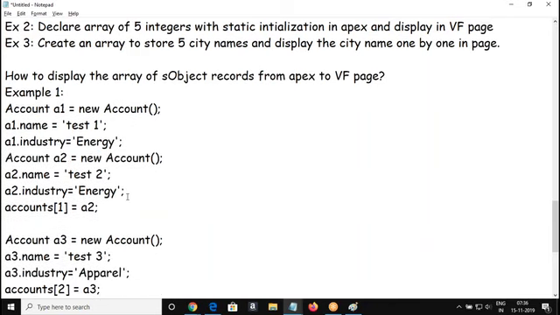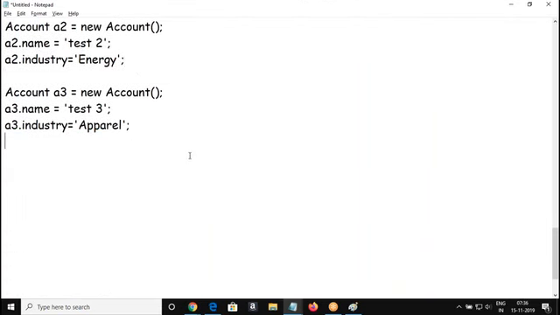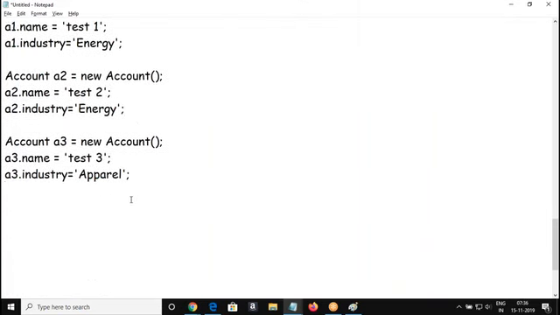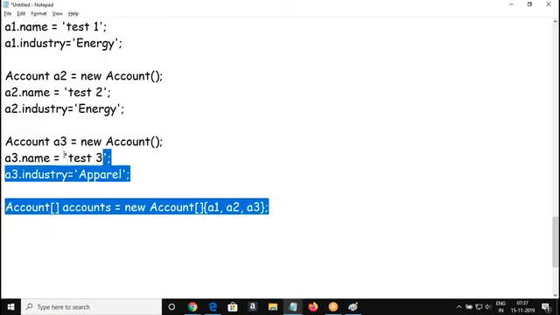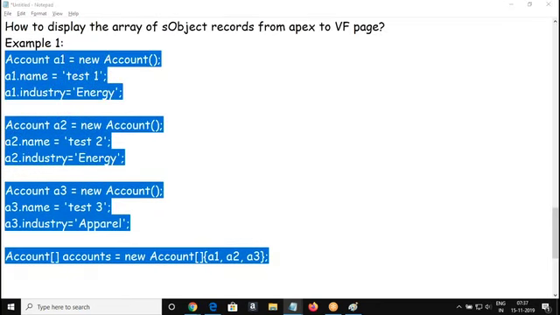Instead of going with this format, I would like to use a different static initialization format: new Account, close bracket, A1, A2, A3. That's it. So this set of code we are going to have in your Apex class.